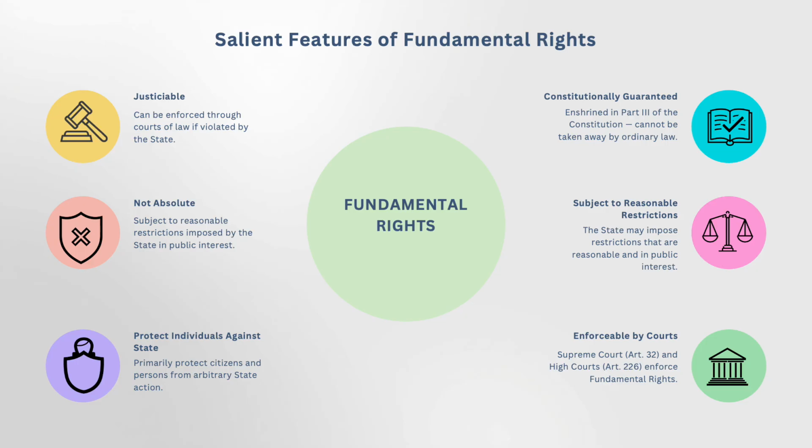Special majority: two-thirds of the members present and voting should vote in favor of the removal of a particular part of the fundamental rights, plus 50% of the total membership of the House. And even if you were to pass a bill removing fundamental rights, what are the chances that the Supreme Court would accept it? Fundamental rights, I've mentioned in our earlier lectures that the Supreme Court says that fundamental rights cannot be changed in such a way that it stops being a sovereign, democratic, and republic. The basic structure should always be maintained. So it's very difficult to take away your fundamental rights.